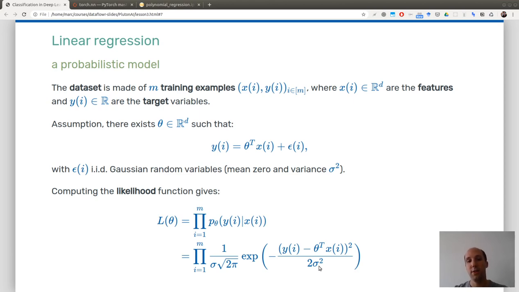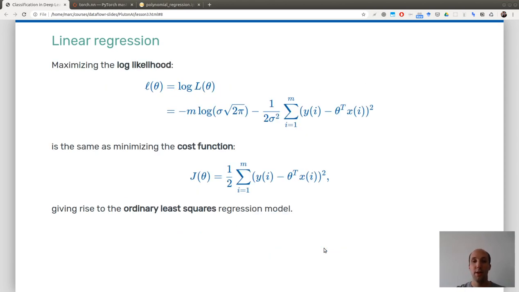So now you know that this is your likelihood, but you don't know the theta. So your task is to try to find the theta from the training examples xi and yi. One way to do that is to try to maximize the likelihood or the log likelihood. This is the same thing because taking the log will not change the maximization problem. But taking the log will change the product into a sum, which makes analysis much easier.